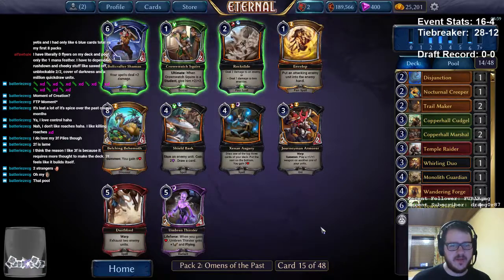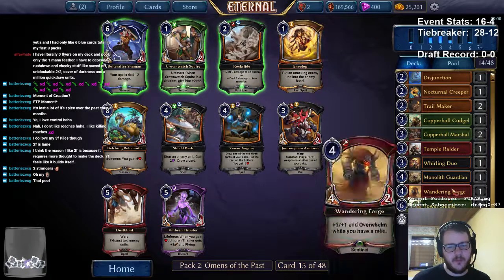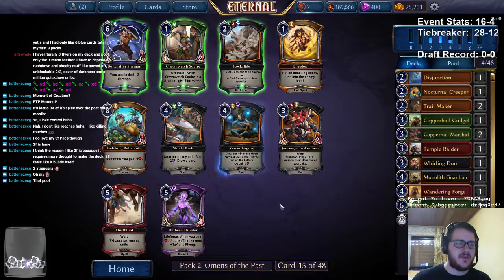So let's see what we get here. It looks like we are kind of heavy 3-color right now, with main color white. So we can pick this. We might end up in just Compray, since our red is not very tempting so far. But this is the best card and I kind of have to pick it. Like, there's nothing...